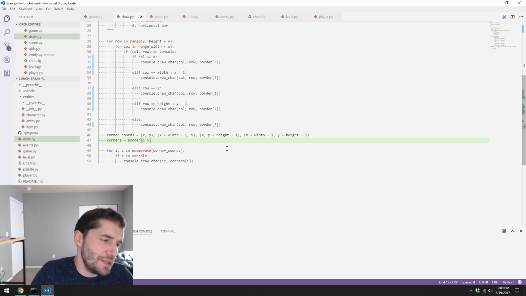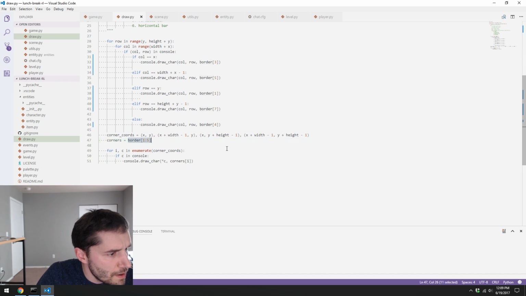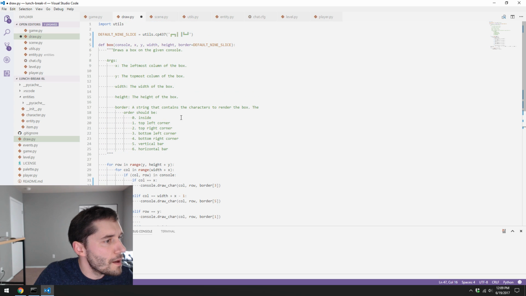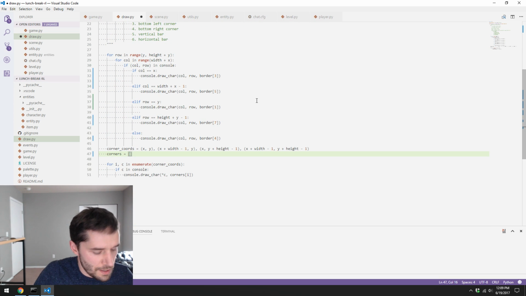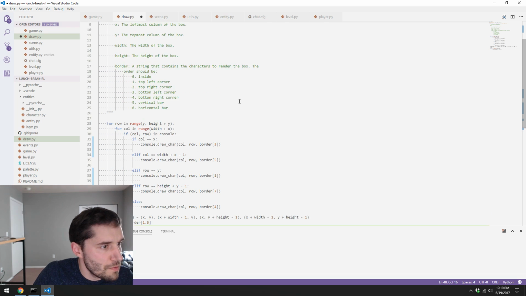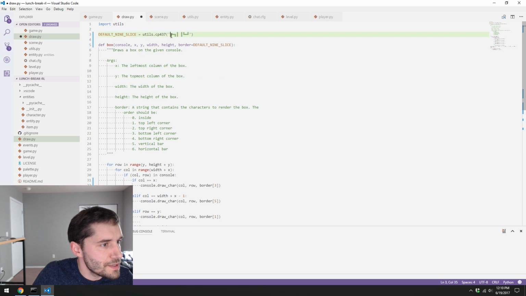So basically, I can just update this here, right? This just needs to be border, and I just need to update the coords, because this was assuming coords 1 through 4 were the old slice 9, but now I just need to say that it's 0 and 2